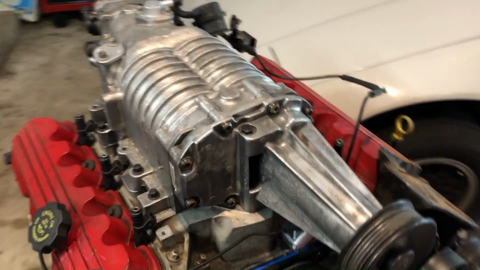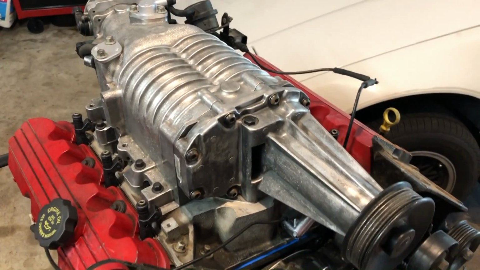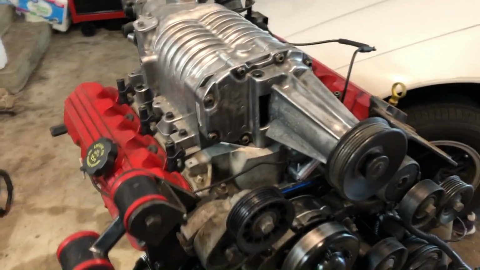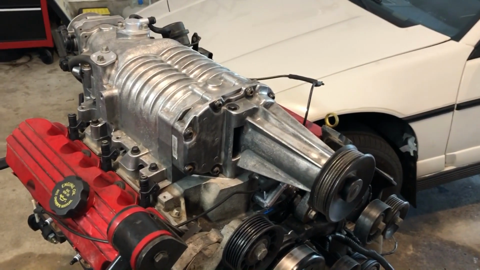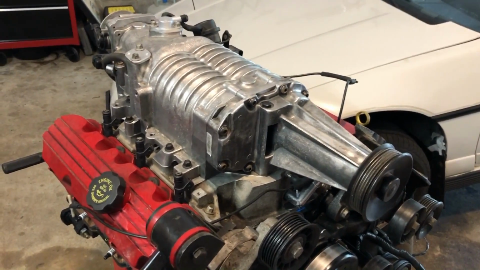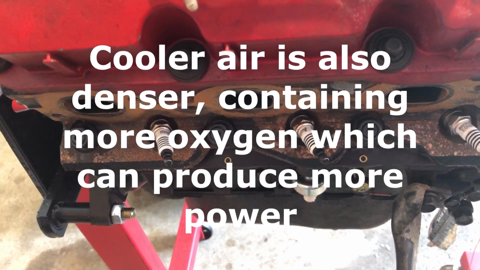Engine components are also limited by a power rating. A bare 3800 block is estimated to be good between 400 to 600 horsepower on stock crank and rod setups. There are many ways to fight heat. The first would be intercooling, which cools down the air after it has been compressed. You can add lower temperature spark plugs, which can wick away heat